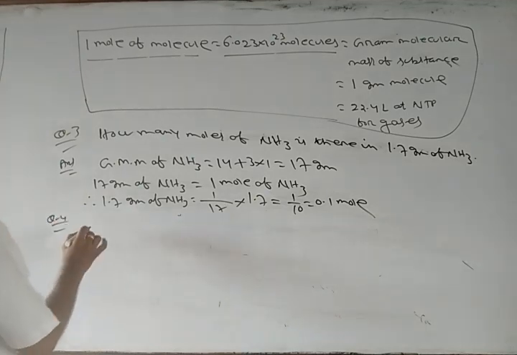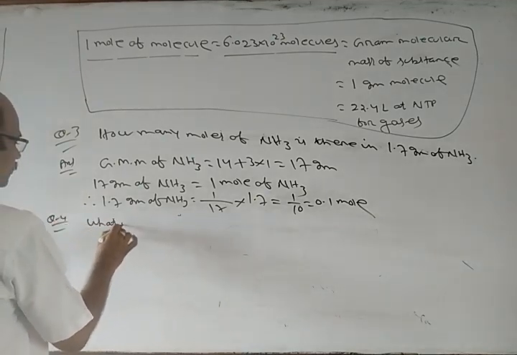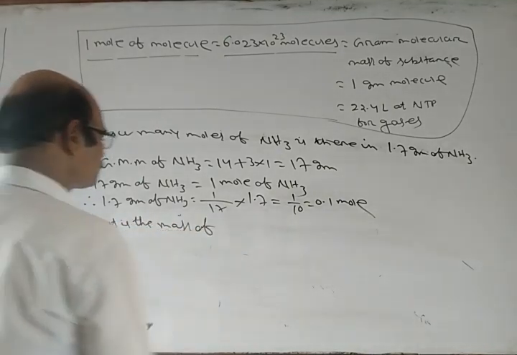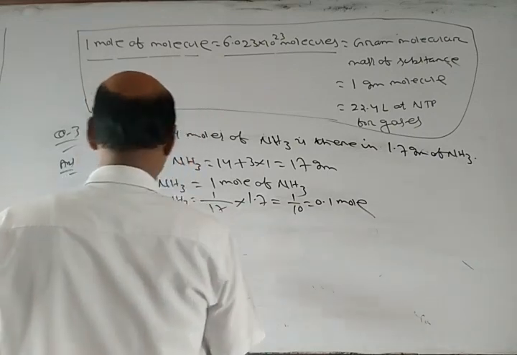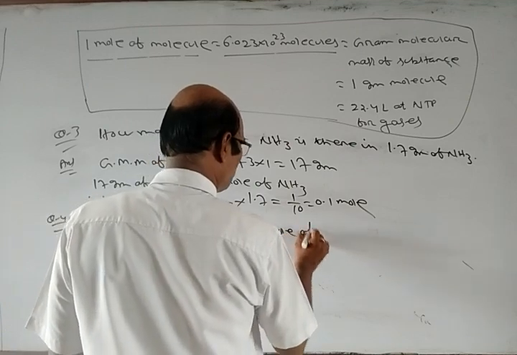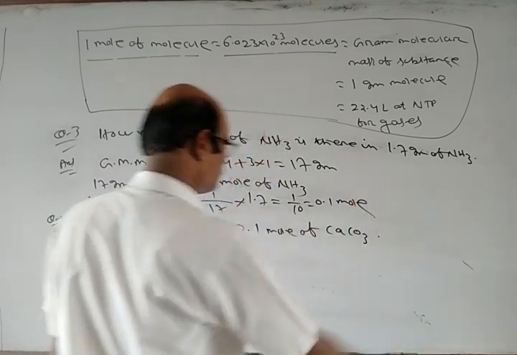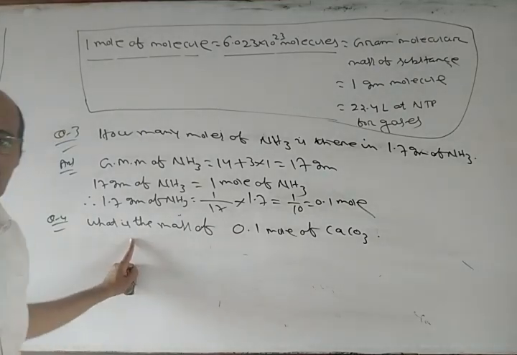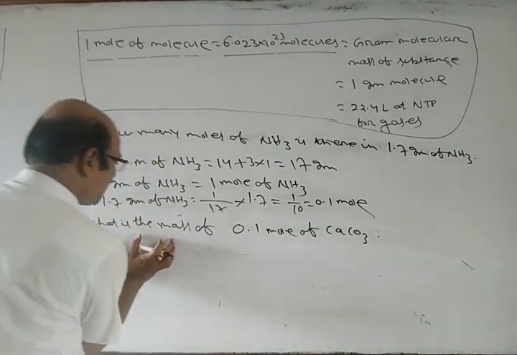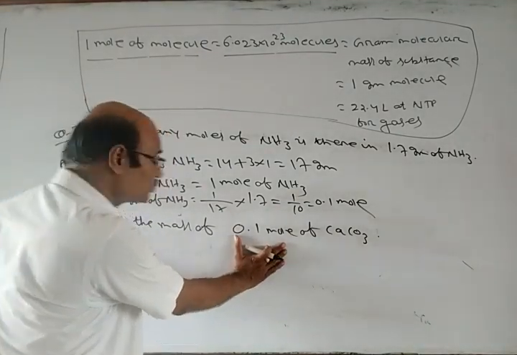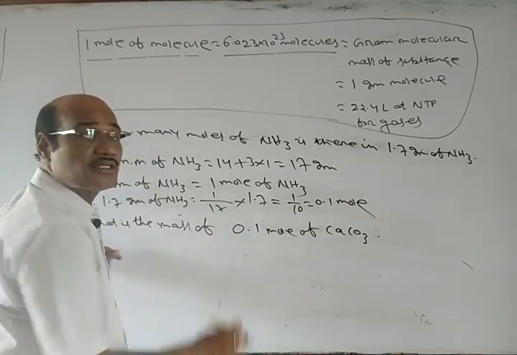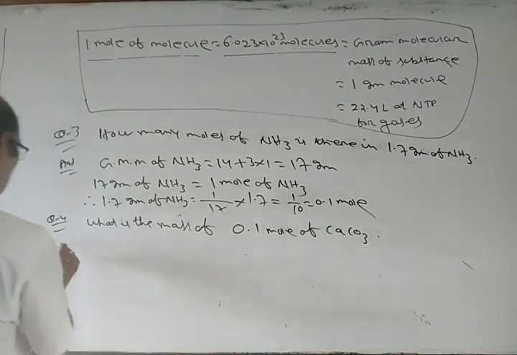Number 4. What is the mass of 0.1 mole of calcium carbonate? What is the mass of 0.1 mole of calcium carbonate? So here mass is asked, number of moles given. So in order to relate the mass with the mole, we will take the gram molecular mass. Okay, so answer,